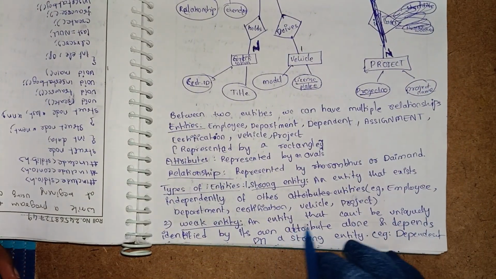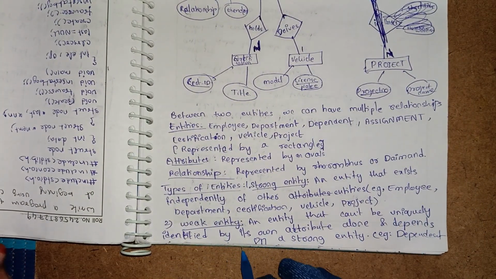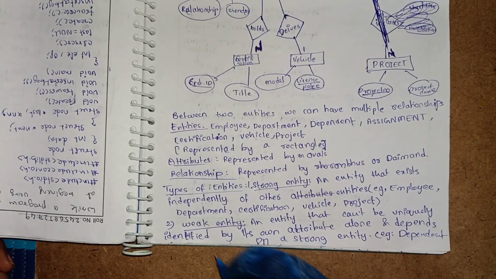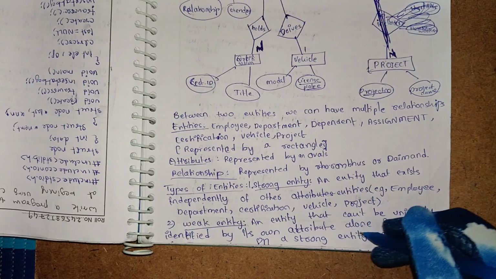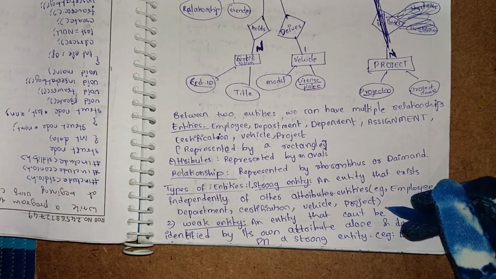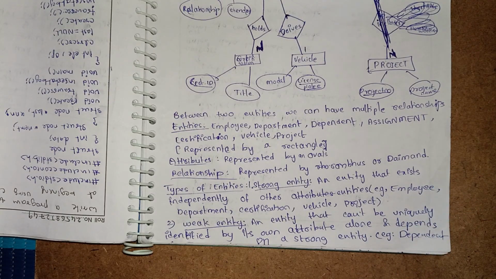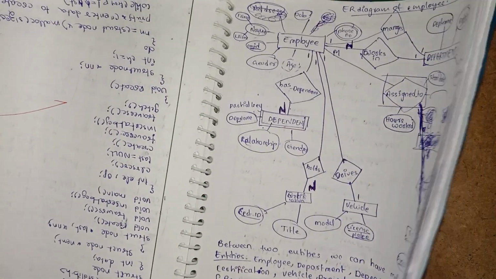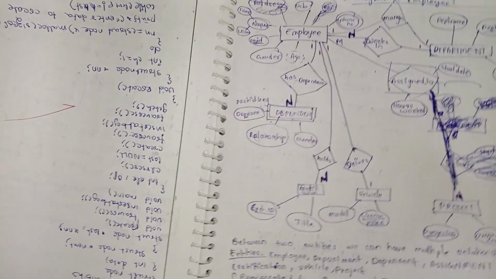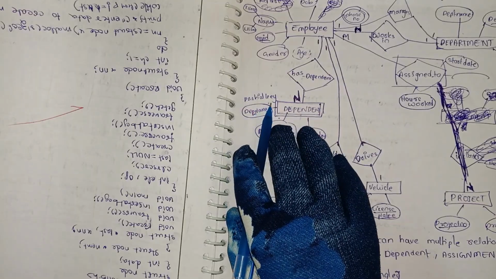And a weak entity, an entity that can't be uniquely identified by its own attributes alone, means it does not have a primary attribute and depends on a strong entity. Okay, here the example is the weak entity's partial key